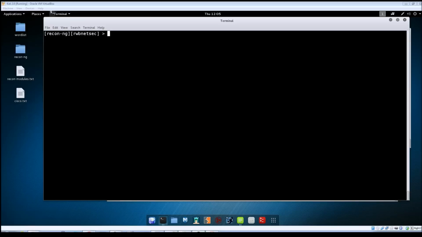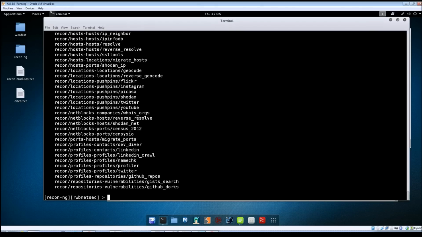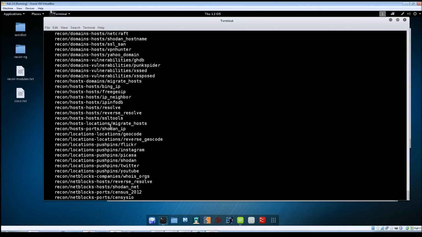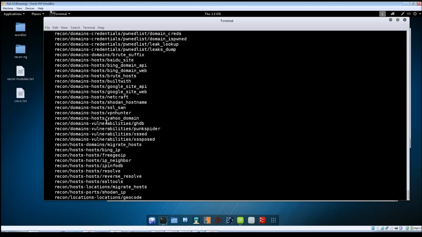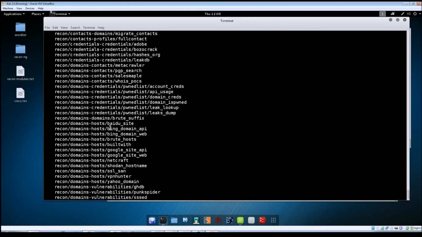All right, now that we've got our workspace created, let's go ahead and start working with the modules and gathering data. So first off, let's go ahead and list out the Recon modules. So we'll do a show modules recon. And then I'm just going to scroll back up here for a second. We're going to be using this one here in just a second, but I wanted to show you something with